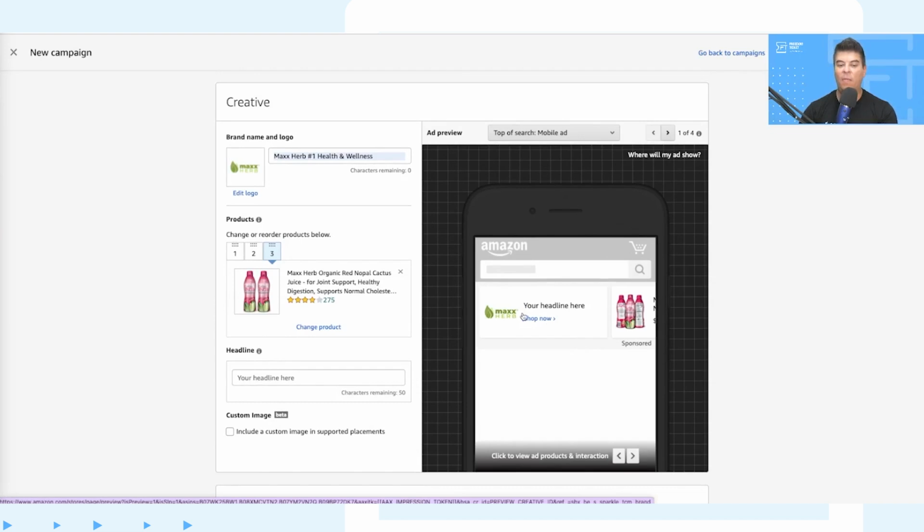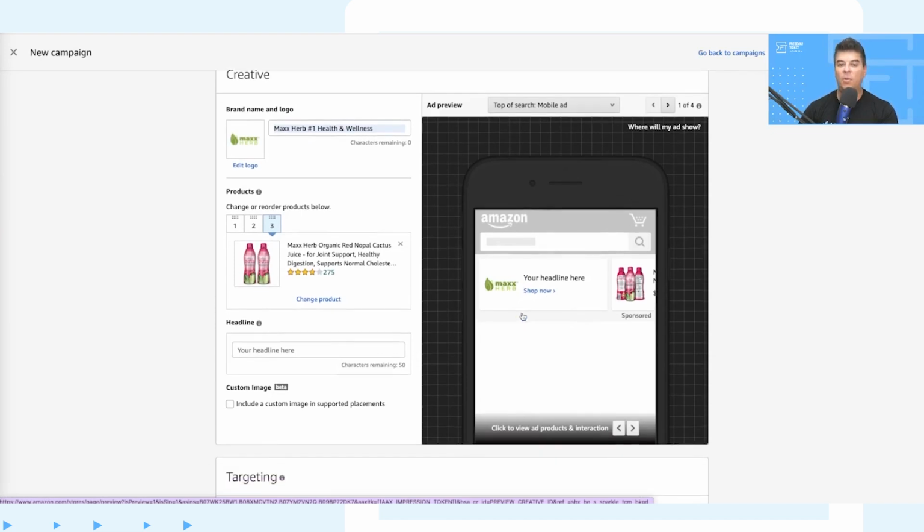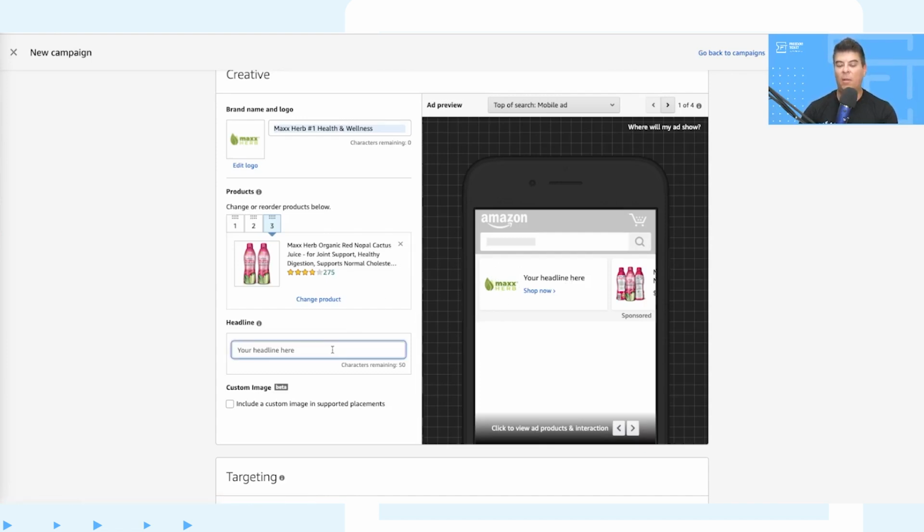as we're filling it out. Now we do want to do the headline here, which is a little bit different than the brand name and logo. The brand name and logo is going to go either on top of it or below it. And the headline is kind of what we want to say about this particular product. So I went ahead and saved, and I hope this does actually fit in here. If it doesn't, we're going to have to work a little bit. So yeah, Nopal Cactus Antioxidant Superfruit Juice. It's exactly what it is. You can see I've got 8 characters left, but this is pretty much what I want to say